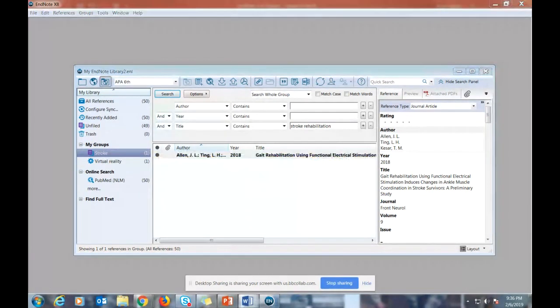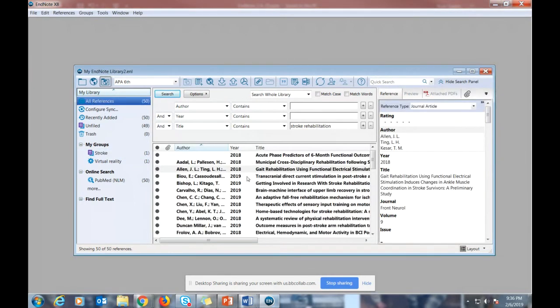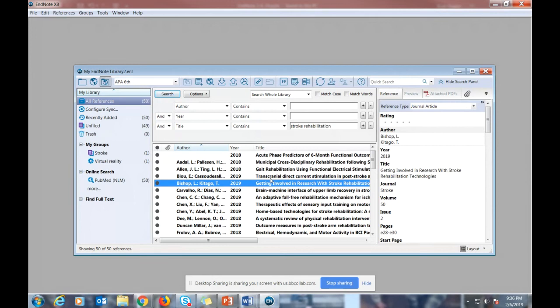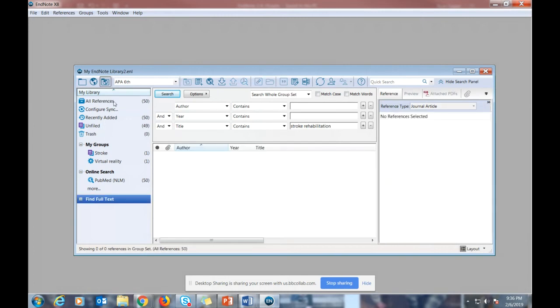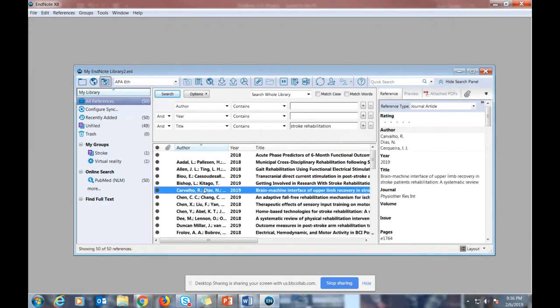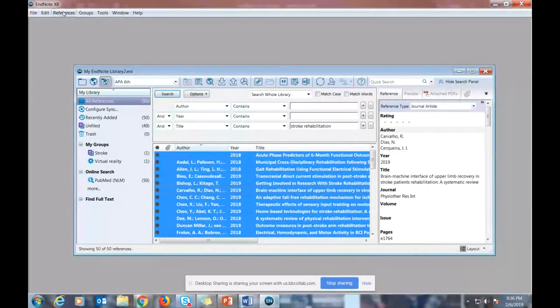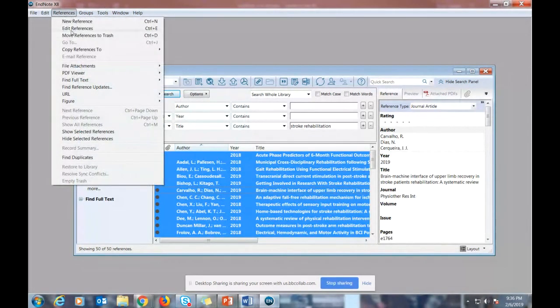Now, the next thing I'm going to do is the full text part. I'm going to try to locate the full text for the articles that I've searched for in PubMed. So I'll click on one of these, and I'll do a Control, and then hit the A button to make sure everything's selected. Sorry, my bad, I'm going to do Control All. Then I'm going to go to References there at the top, and go to Find Full Text, and then I'm going to click on Find Full